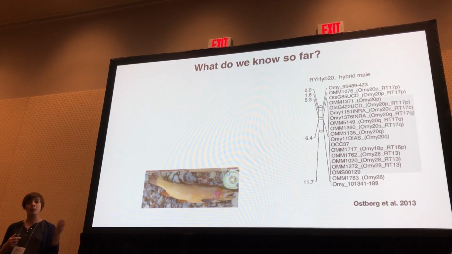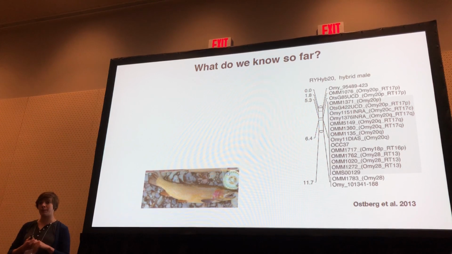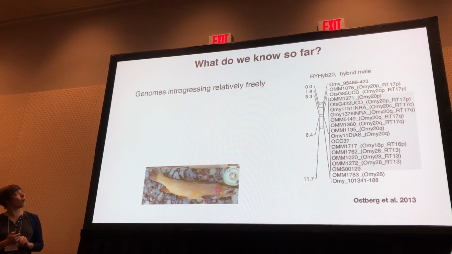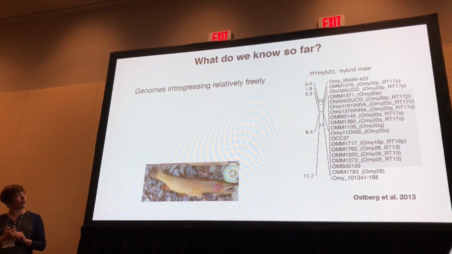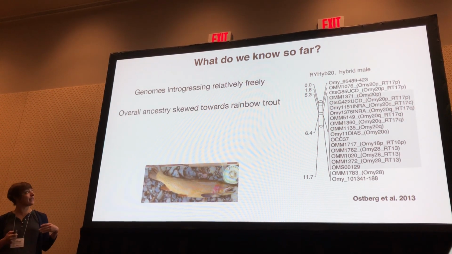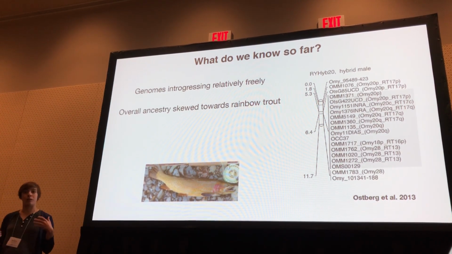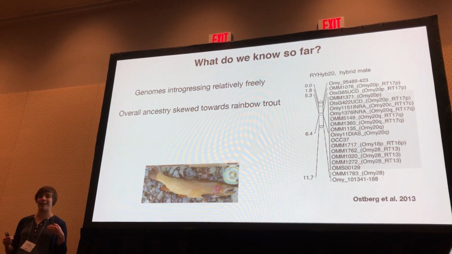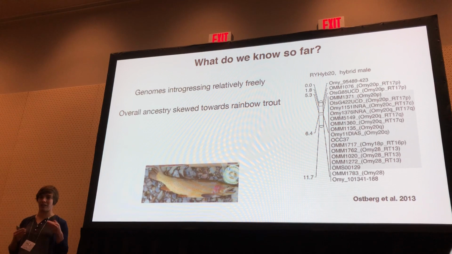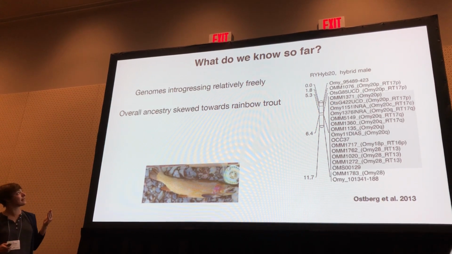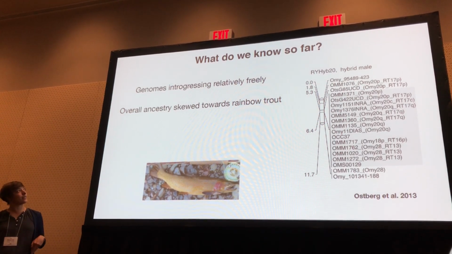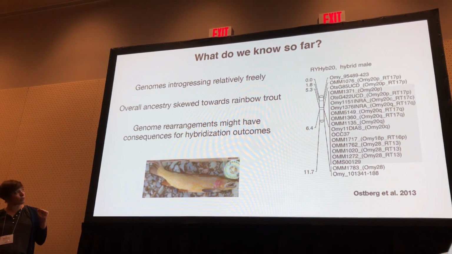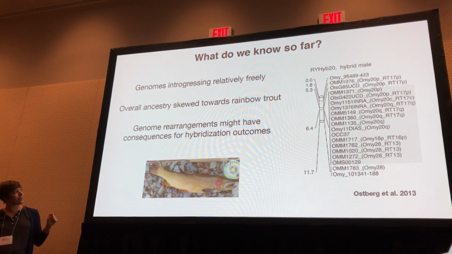So this is work in progress. There's still a lot to do on this project, and I'm excited to push this further. But what we know is that the genomes are introgressing relatively freely, consistent with the fact that out in these systems we see lots of hybrids being produced, and suggesting that there aren't really that many hard limits. The overall ancestry is skewed toward rainbow trout, and we think that this genome rearrangement story might have some interesting